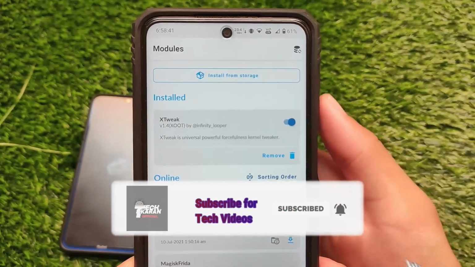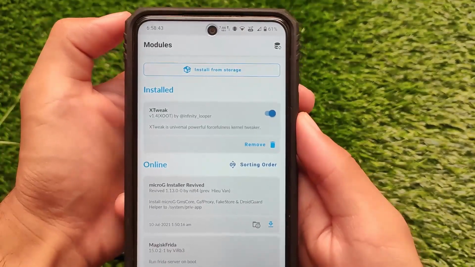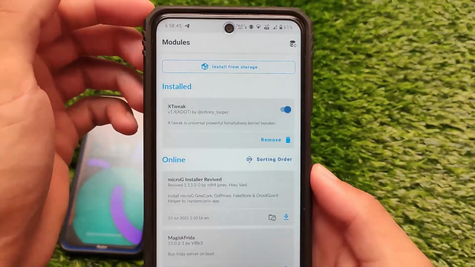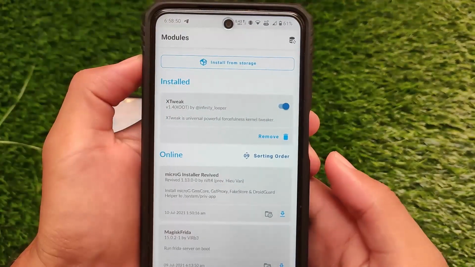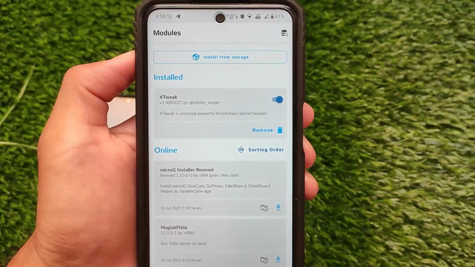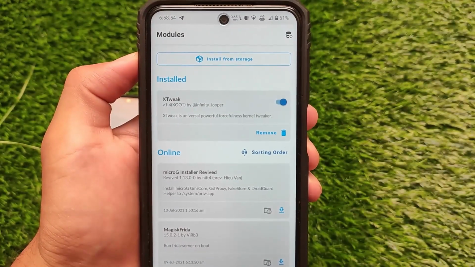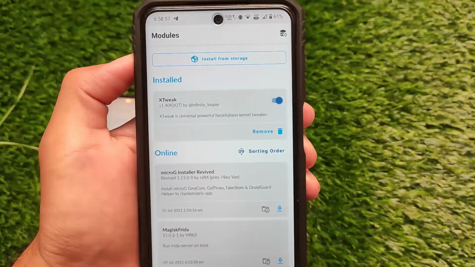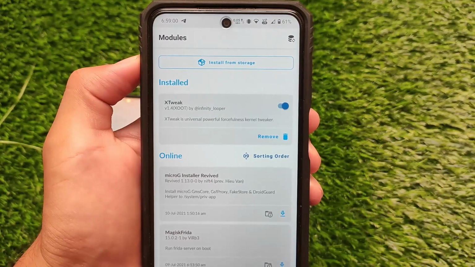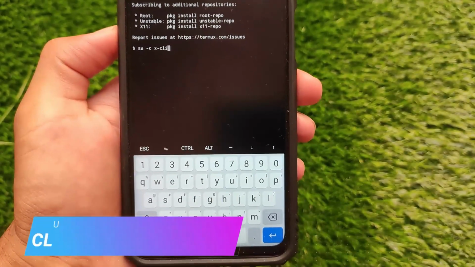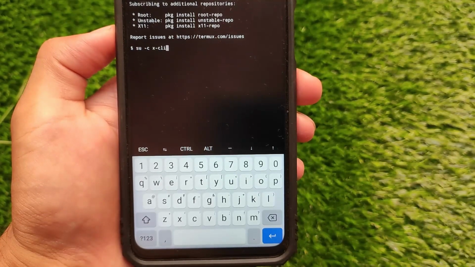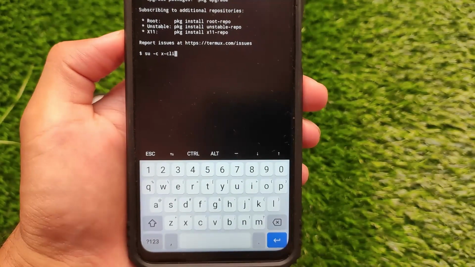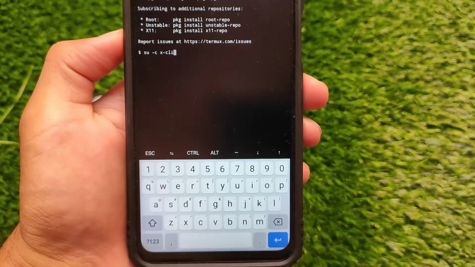If you're an Android user and you're using Magisk on a device, you definitely need to optimize your Android, optimize your kernel performance, and a lot more things which you can do if you have rooted your device. One of the tweaks which we already have applied on our device include Xtweak, which is a Magisk module through which you can simply force your device kernel, and it might increase your device performance. It's helpful in gaming experience and a lot more things. So yes, you definitely need to try out this thing on your device.